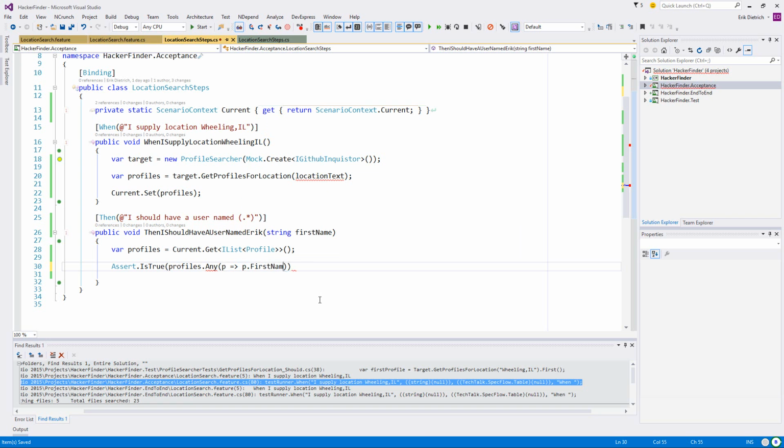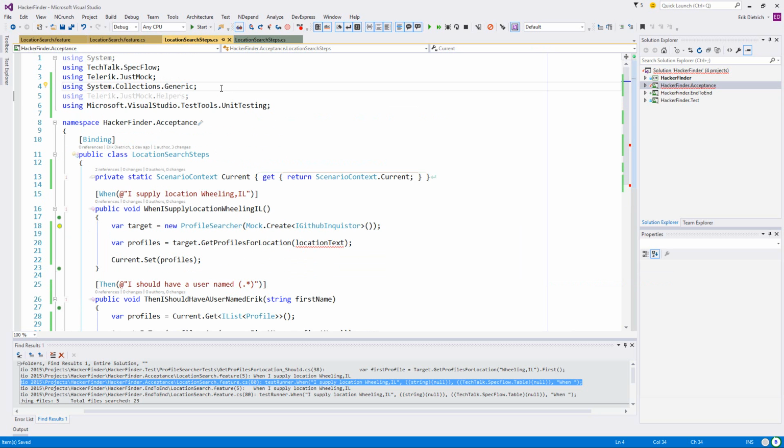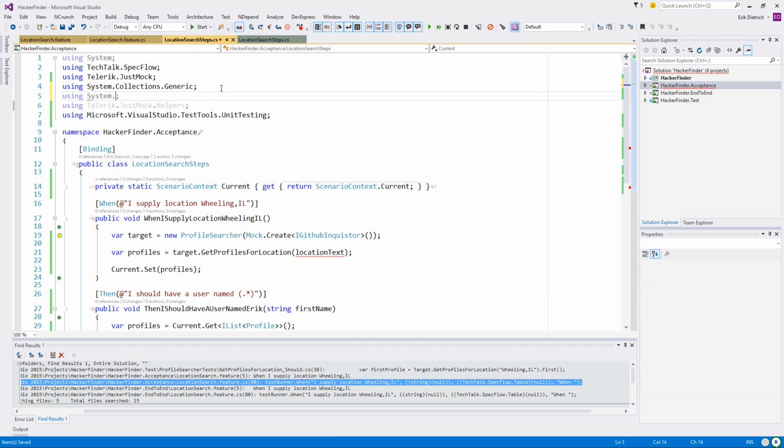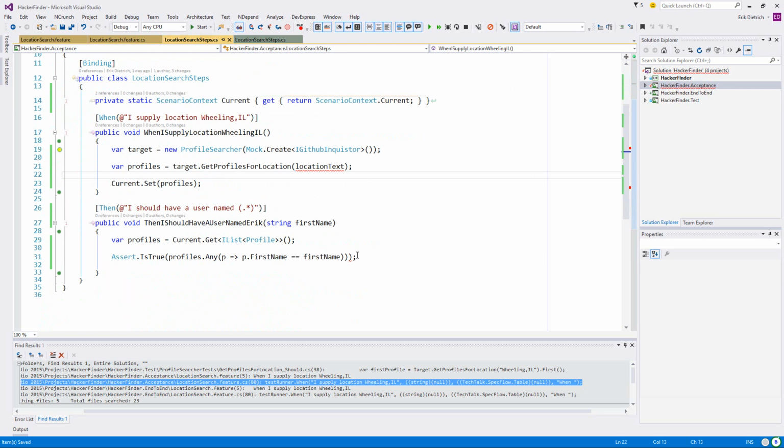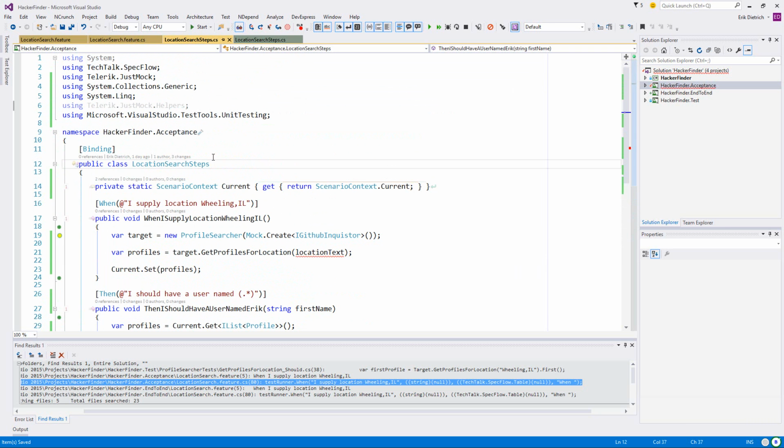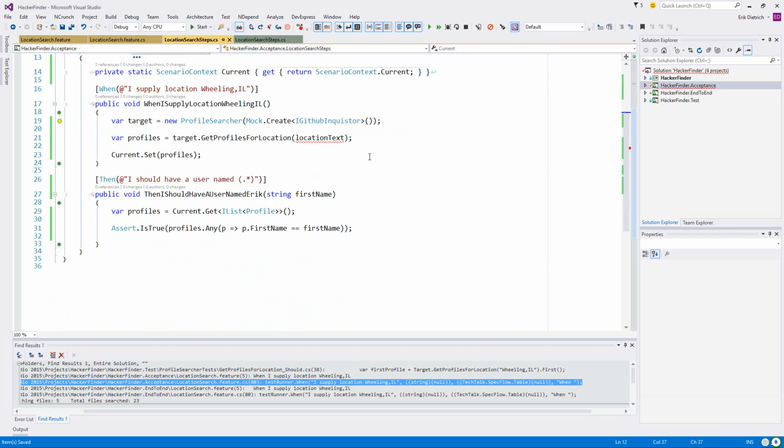First name. Now, what don't you like about that? Oh, for goodness sake. This is painful. If you're not a Visual Studio developer and you're watching this, it's kind of barbaric feeling to have to go up here and type usings.